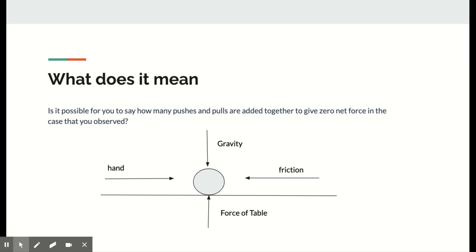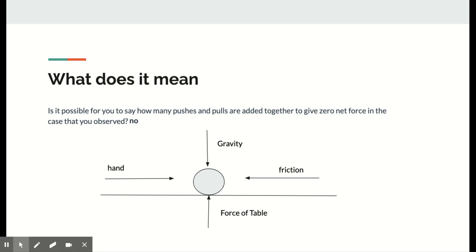Is it possible to say how many pushes and pulls are added together to give a zero net force in the case that I observed? While I can name a few forces that were acting on the object, such as my hand, the friction on the table, the upwards force of the table, and gravity, I cannot say exactly how many forces it would take to create a zero net force. This is because there are a lot of smaller forces at play,